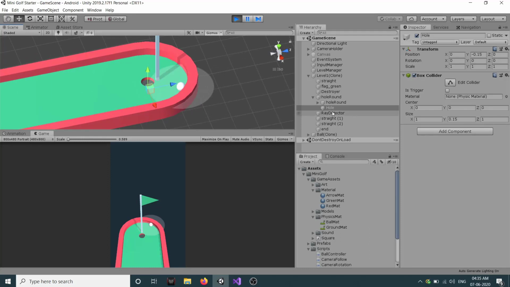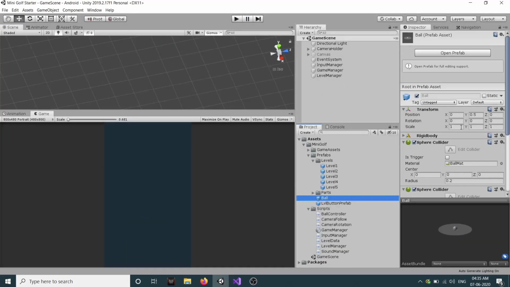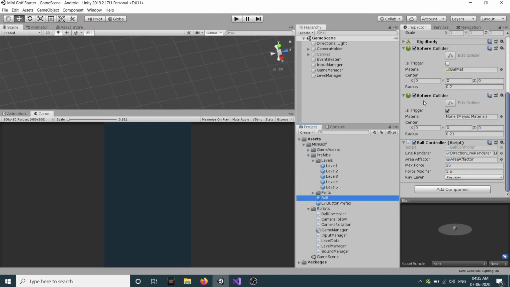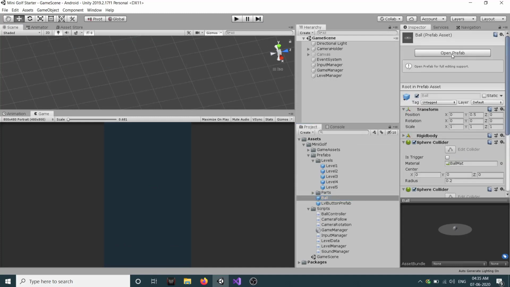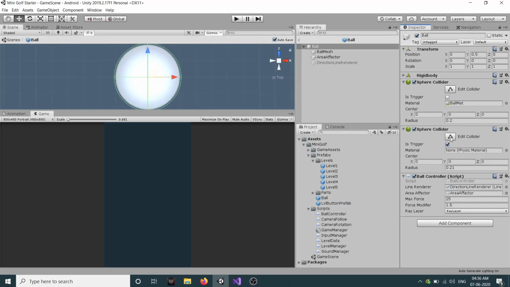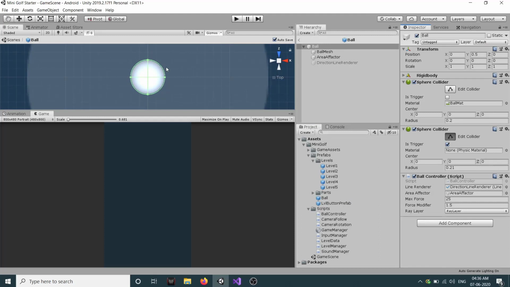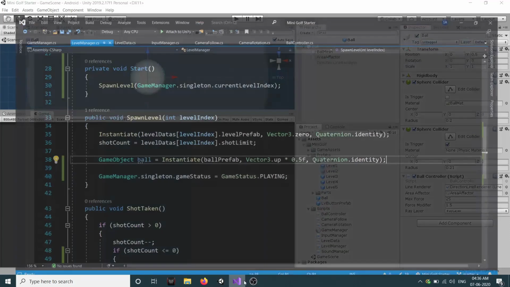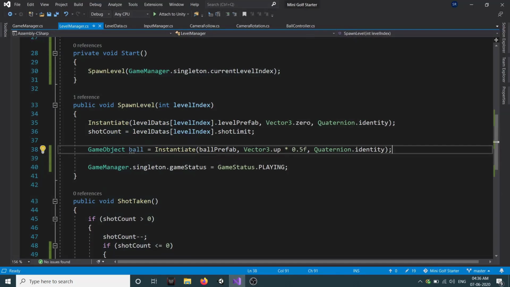Now we are going to use the reference of this game object to decide whether our ball has reached the hole or not. In our ball we have this sphere collider. If I open the prefab and zoom in, if I click on this edit button, you can see our sphere collider, and it is isTrigger. So we are going to use this isTrigger sphere collider to detect the colliding objects.